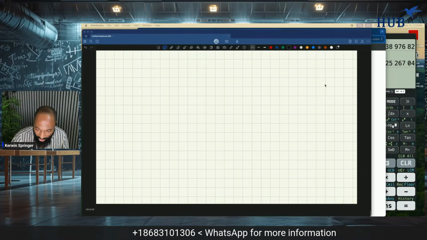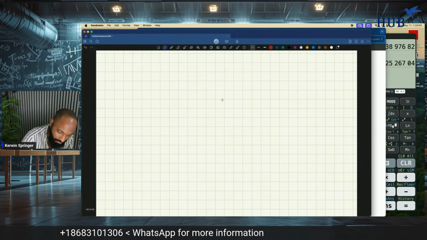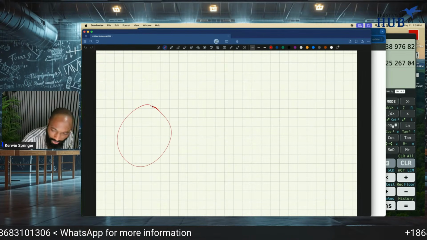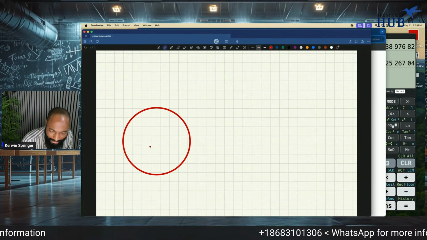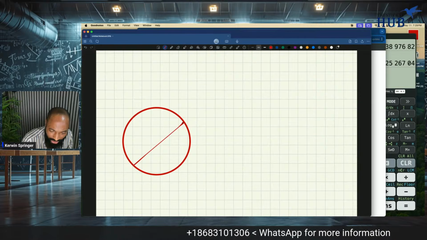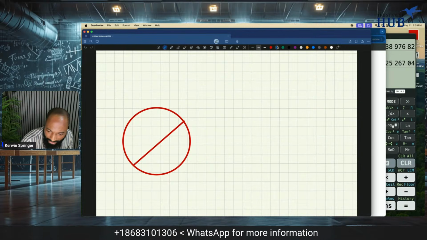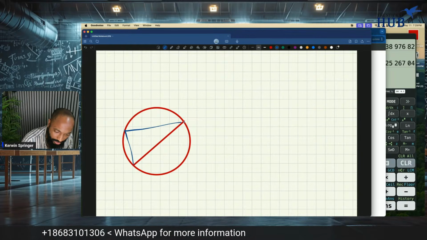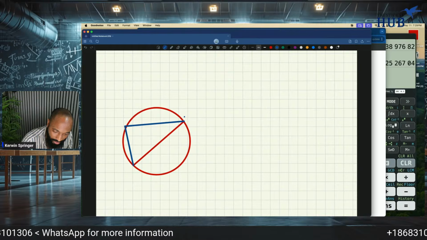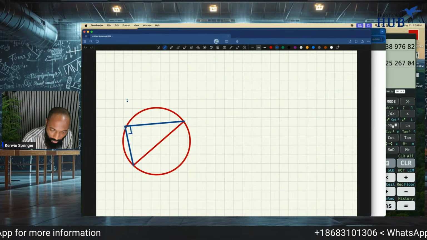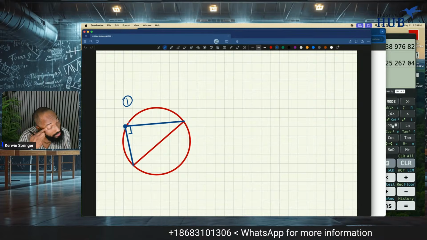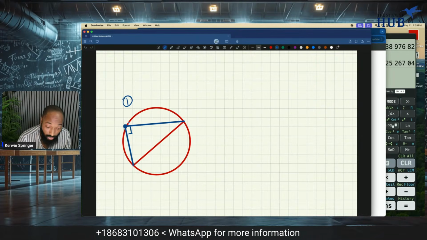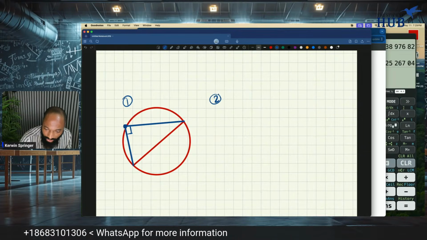The grind is real now. We had to go on double time. So one of the theorems, lock in everybody. Type lock in if you're locked in. One of the theorems states that the angle in a semicircle, and this is one of the easiest theorems to see. The angle in a semicircle is what? That's theorem one. The angles subtended from a diameter will always be 90 degrees. Second theorem is